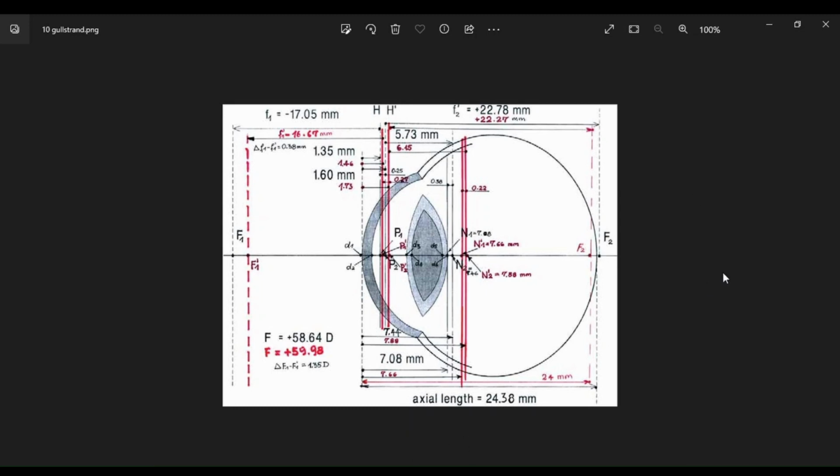Here is a horrendous looking picture of what is supposed to be an eye. So this is the back of the eye here. This is the curve on the front of the eye, the cornea. This is the lens. So this is called Gullstrand's eye. So we're trying to approximate